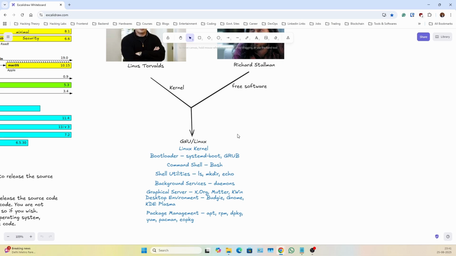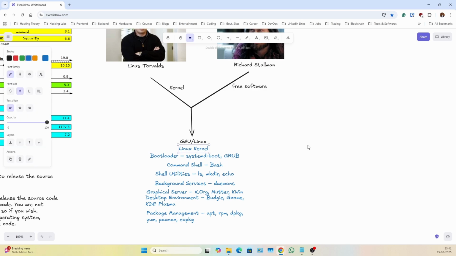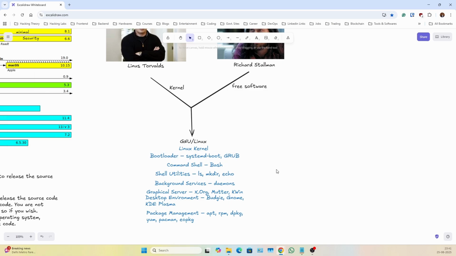So GNU Linux is not only the combination of the kernel. There are more things, and I'll just give you the highlights. There are many more things to discuss in detail, but I'll try to give you the overall basics. Along with the Linux kernel, we already have the bootloader that you might have seen when a Linux desktop starts. You see the GRUB bootloader.